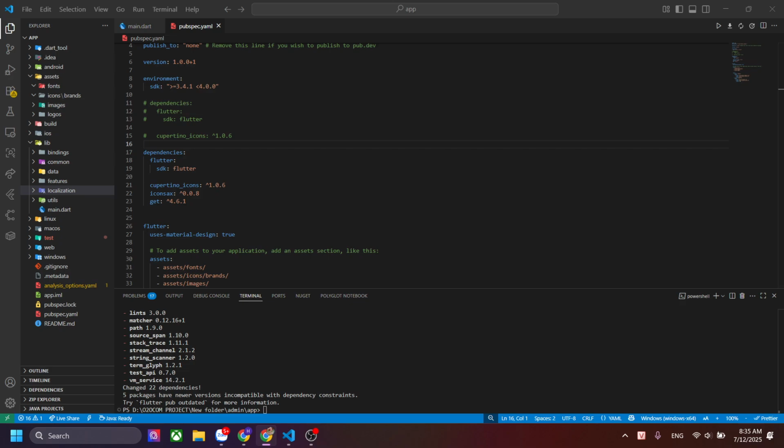for any application. So first of all, we are going to use bindings because we are going to use GetX. So bindings we will learn in our upcoming videos. We will place all the bindings in here. Then in the common folder, we are going to place all the common styles or all the common widgets. You can add anything more, anything extra. Then we have data, and inside the data, you can see we have repositories